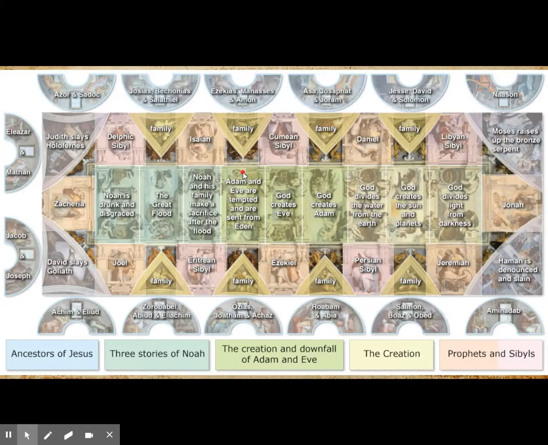What he paints are stories of the Old Testament. Okay, so you're getting stories from the Old Testament here in the corners and down the center. So it's the creation of the world, and then you've got various and sundry prophets that foretold the coming of Christ, as well as sibyls. Now, a sibyl is pagan. Okay, so they weren't from the Judeo-Christian tradition, but they were lady prophets, essentially, whose writings were seen to also prefigure the coming of